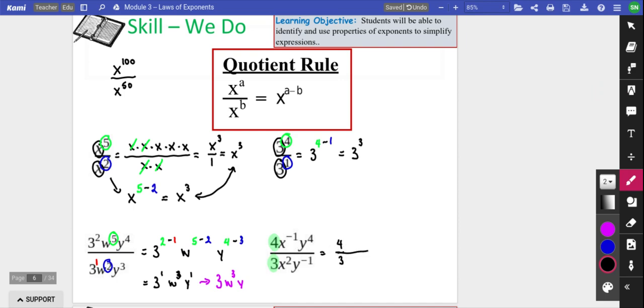Now, the exponents for the x are x to the negative 1 minus 2, and y to the 4 minus, this is a negative, so I have to put minus negative 1. I get 4 over 3, x to the negative 3. What happens here? Negative and negative is a